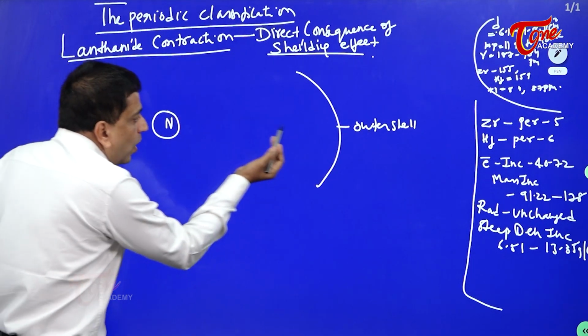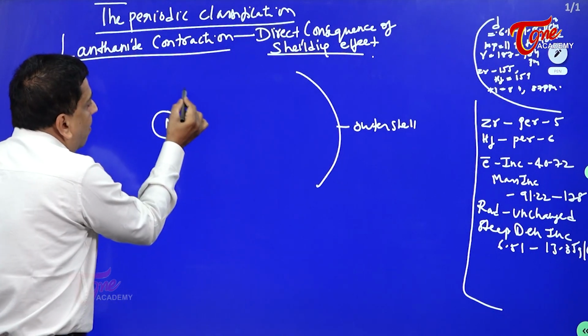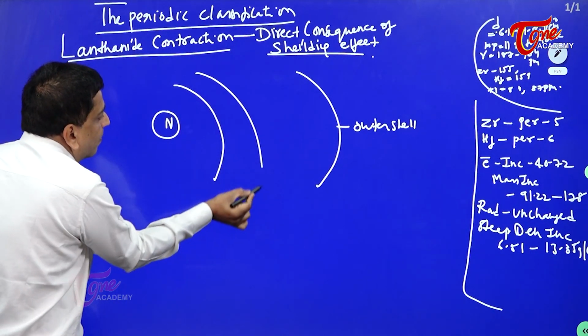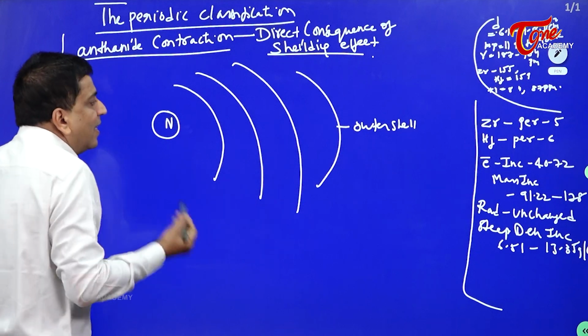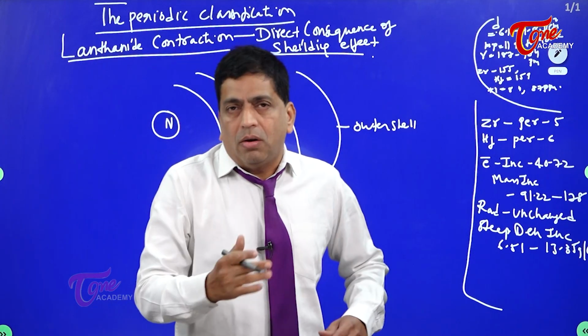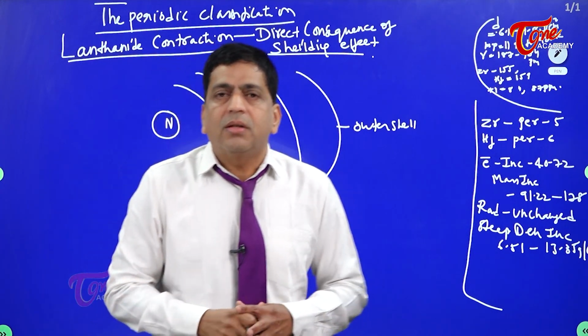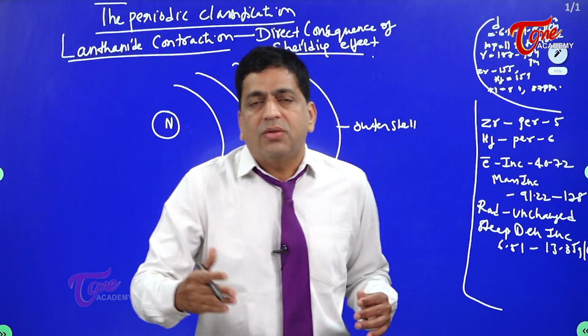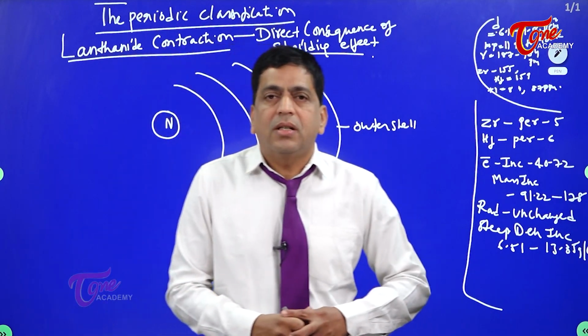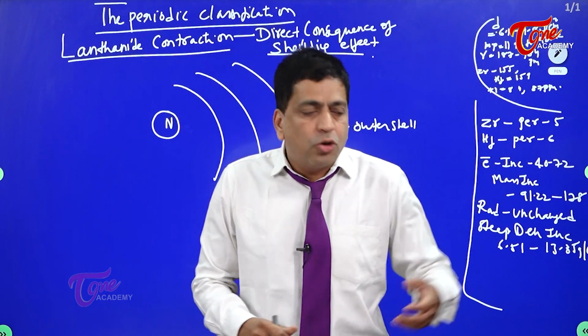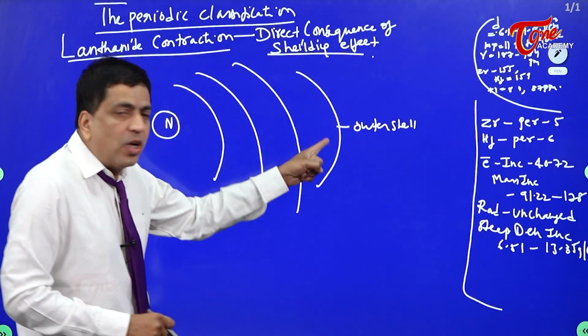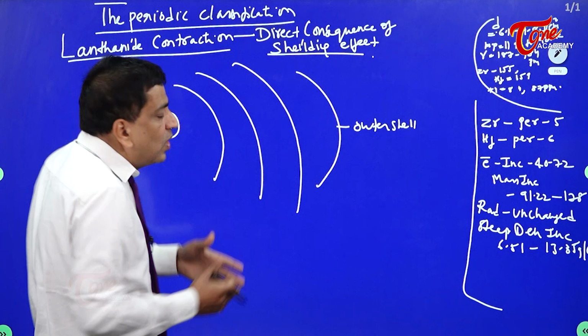Between the nucleus and the outer shell, if the number of shells increases, when I say number of shells, I also refer to the number of subshells. You must understand. If the number of shells is increasing, even the number of subshells is increasing. You must understand that. So between the nucleus and the outermost shell, if the number of shells is increasing,